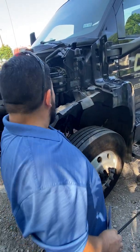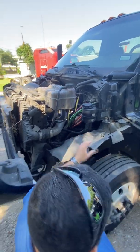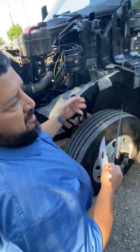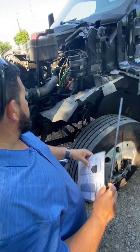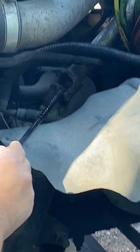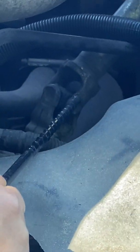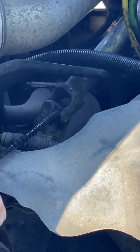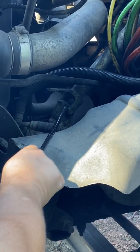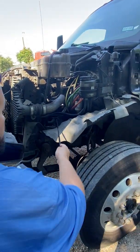Also, if I were to grab that and try to turn it to the right or to the left, it should not have more than 10 degrees of play, because if it has too much play, that can cause you to lose control of the truck as well. Right there at the end of the stick, that is the U-joint that's connecting the two parts together. I have to make sure that U-joint is securely mounted, that it's not cracked or broken, and that it's also full of grease,